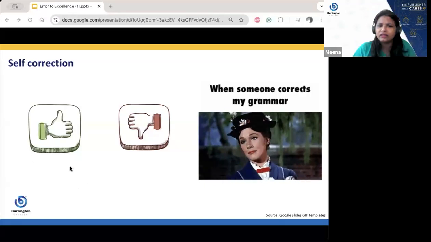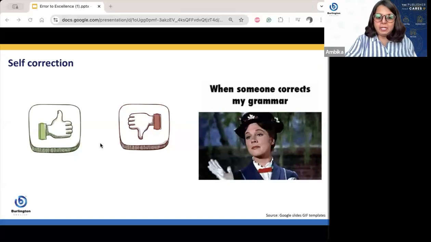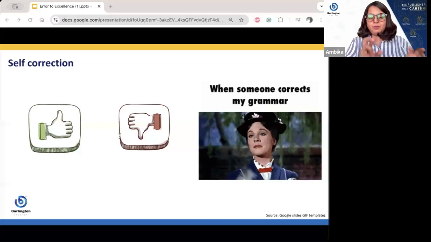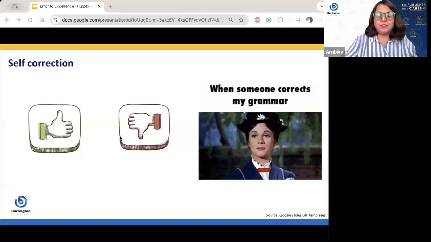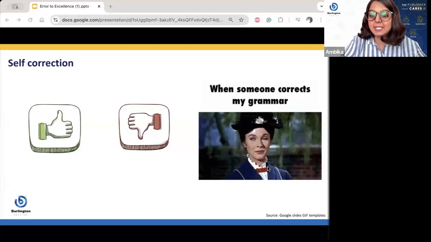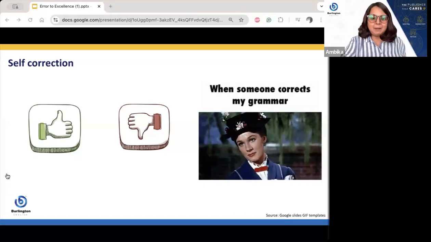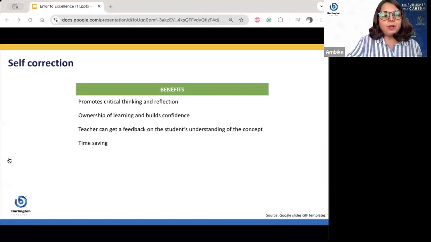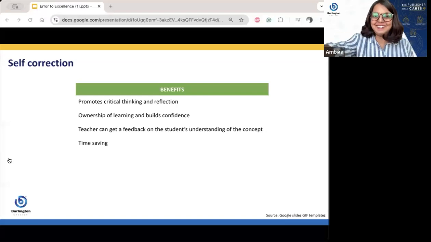I do agree, but I don't agree there, Meena. I'm going to have a slightly different opinion, because one of the teachers has also pointed out that it's time consuming. So, I'm going to address that part as well. Yes, it is time saving in higher classes. The only thing I want to add is that it is time saving, but you need to have